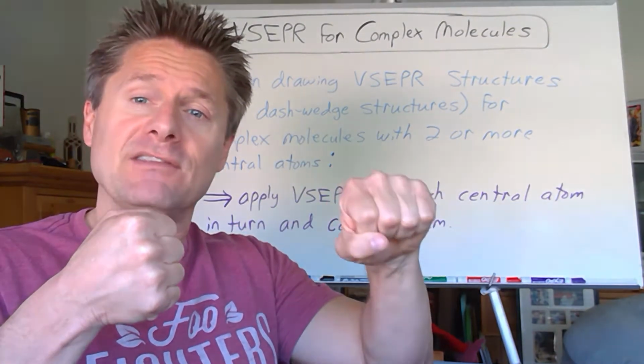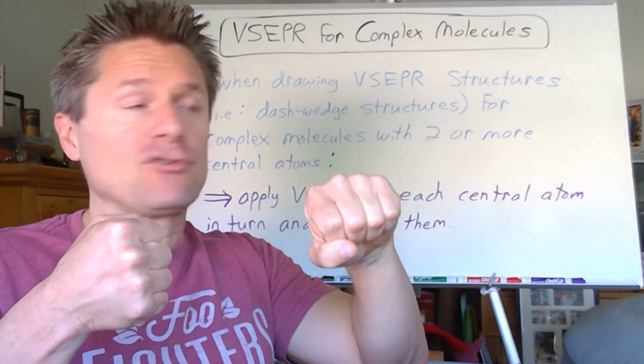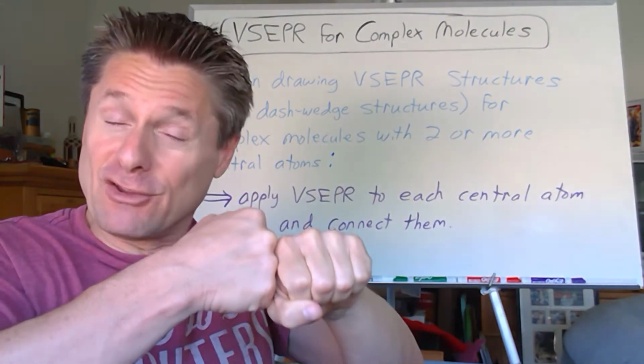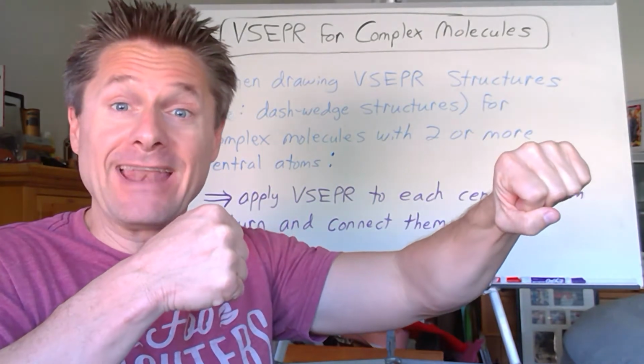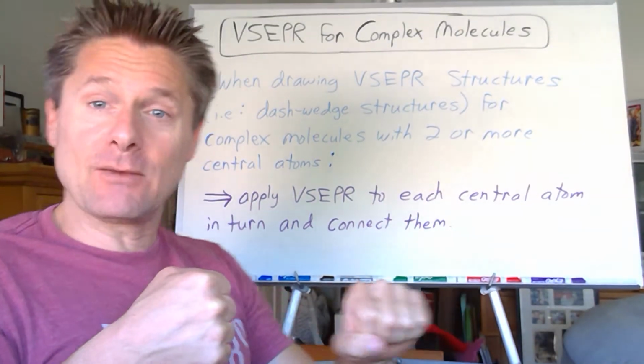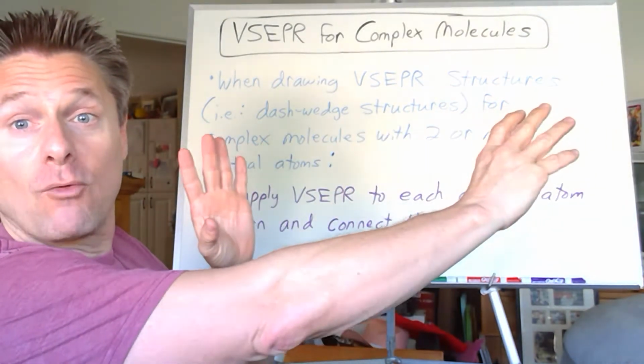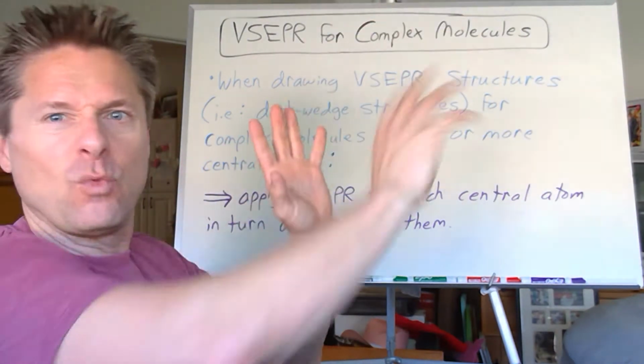And then you look at the second central atom. Look at the number of electron groups, apply VSEPR to that, and then connect the first central atom to the second central atom. If you have a third one, apply VSEPR to that individually, and then connect that to the second one. And you try to work left to right across your page, because it can twist and turn,